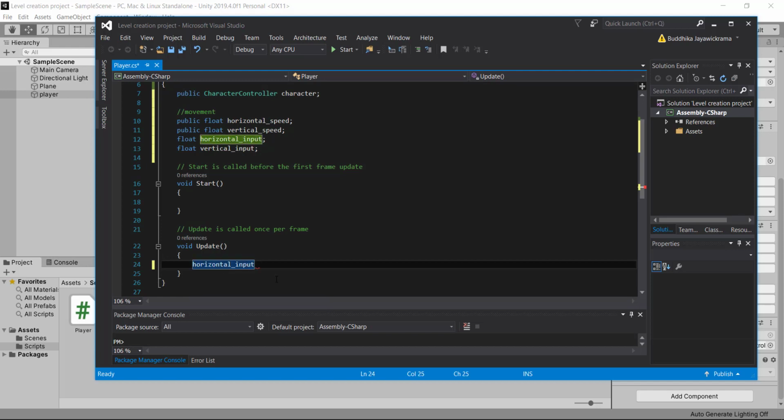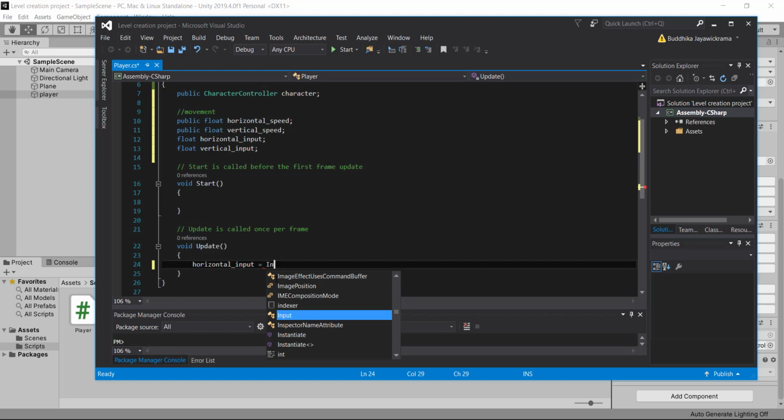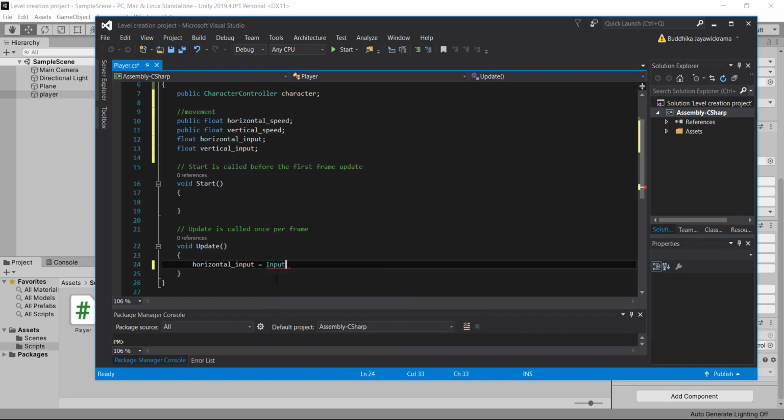So in the Update method, we can assign the player's keyboard input values like this. We can use the method Input.GetAxis, and we can pass the axis name for this method. Let's pass "Horizontal".